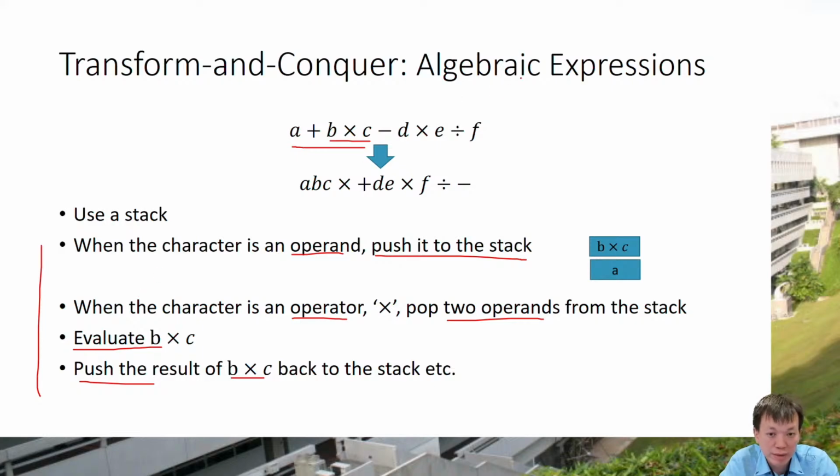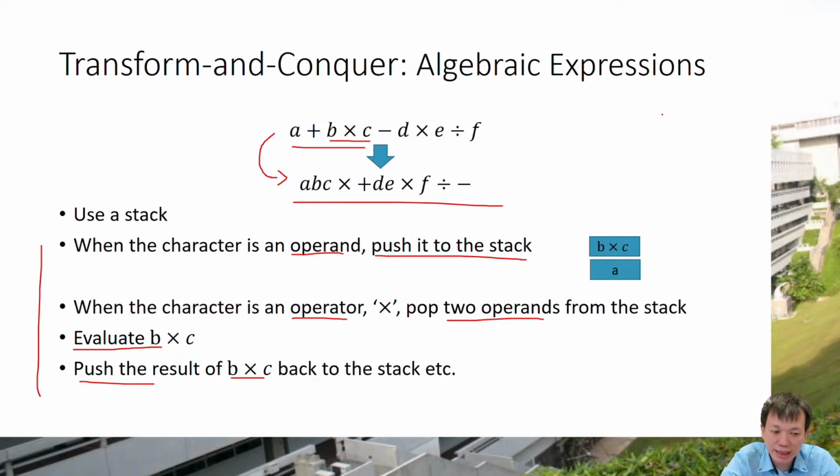You can solve them. You can evaluate this expression easily. Yeah, so that is the evaluation. But the key thing now is how to transform from infix to postfix. Then I can apply this. Yeah, if I can transform this, then